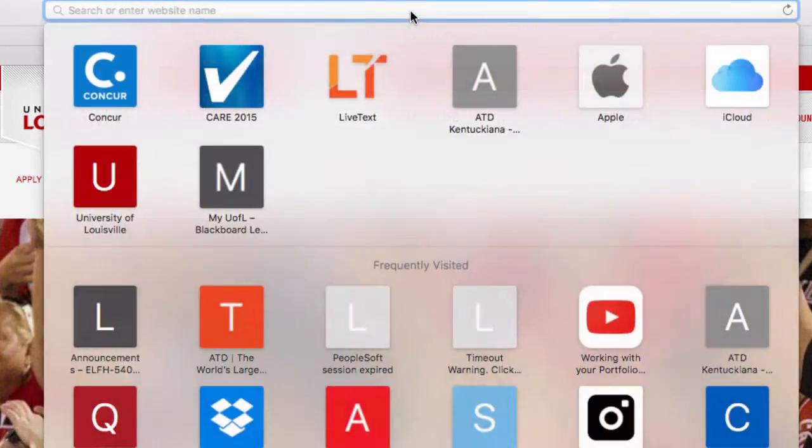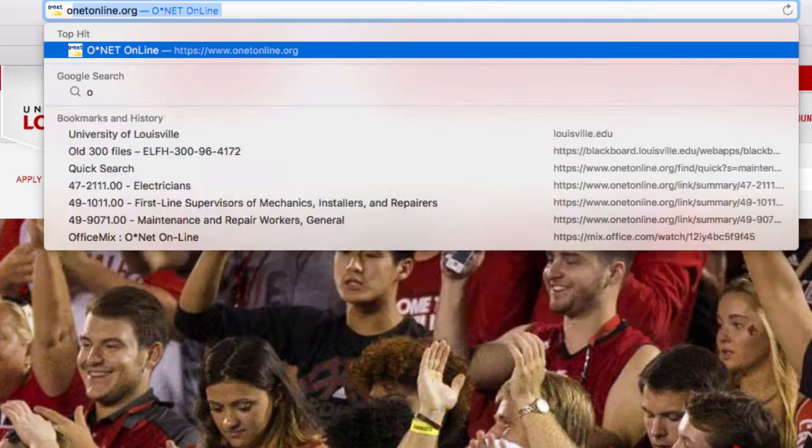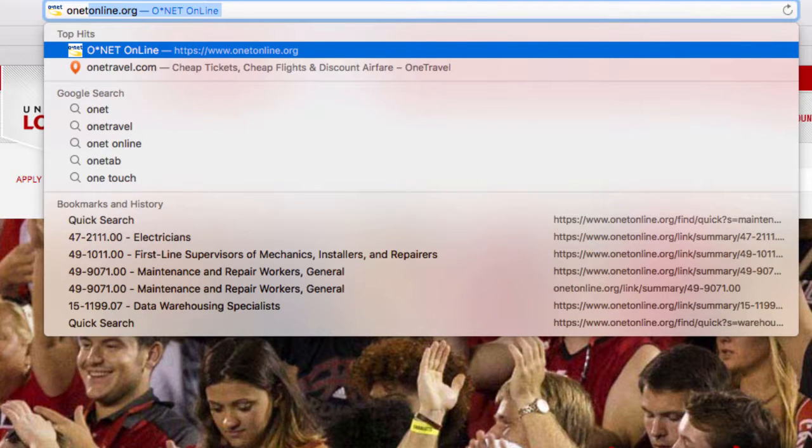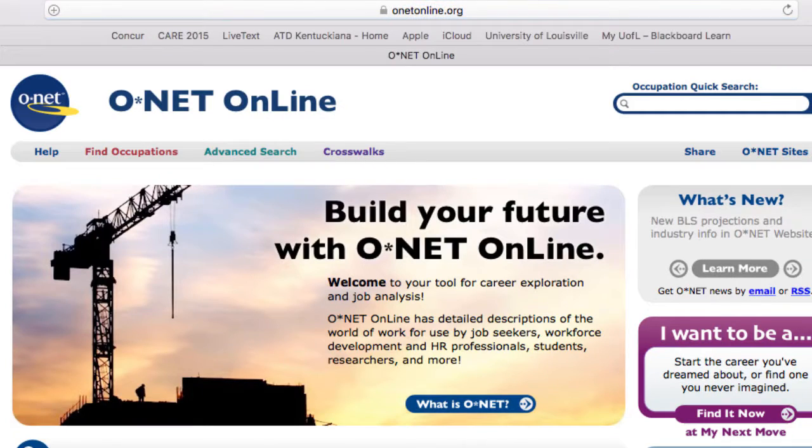Okay, so the first thing I'm going to do is type in O*NET. And if it doesn't come up with onetonline.org, you should go ahead and type that in. So hit the enter key and that should go to the site. From here you'll see that the splash page looks just a little different. The way that you start working with this is to find your particular job by typing in some keywords. So here where it says occupational quick search, I'm going to type in one of my previous areas of work,